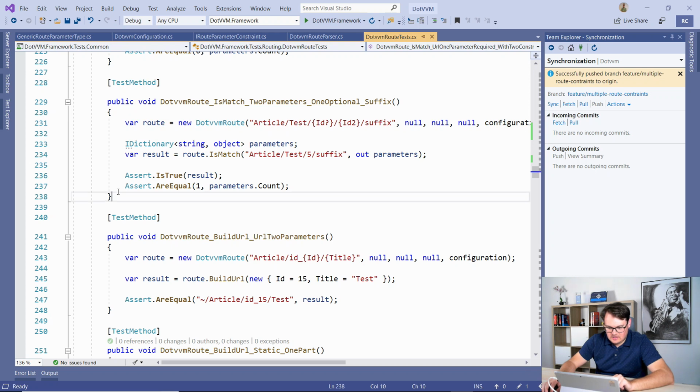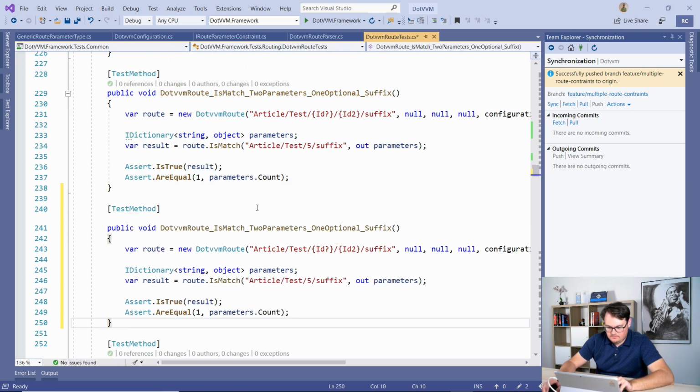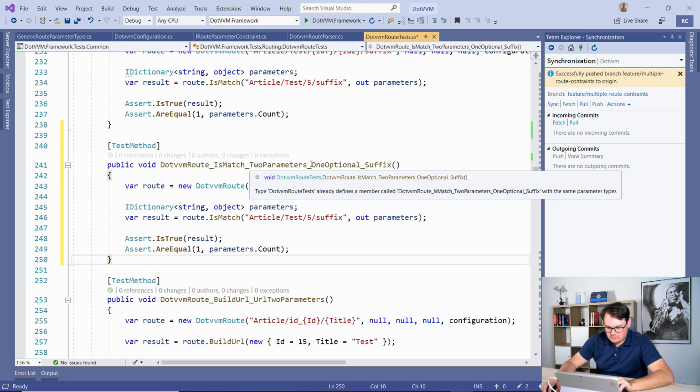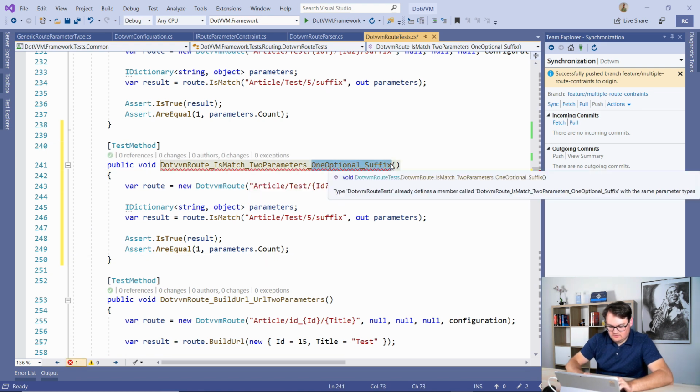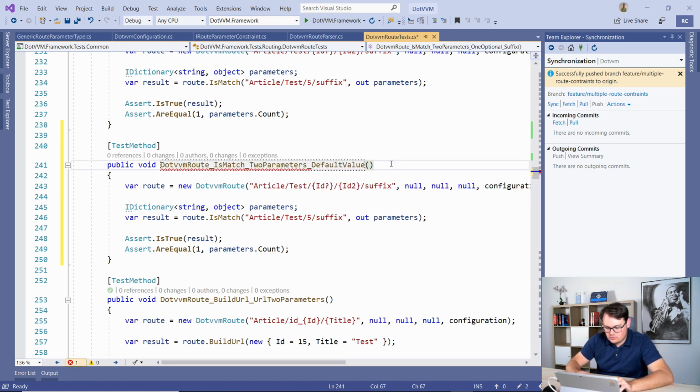This is the last test for isMatch. So I will add a route with a default value in the route, so article/id equals 1 or abc,